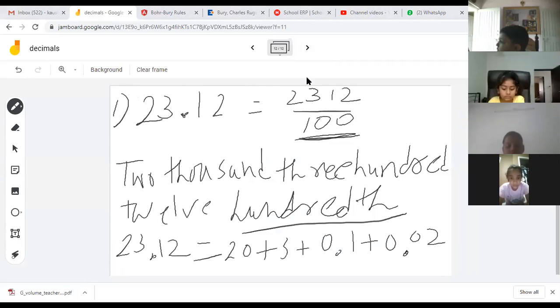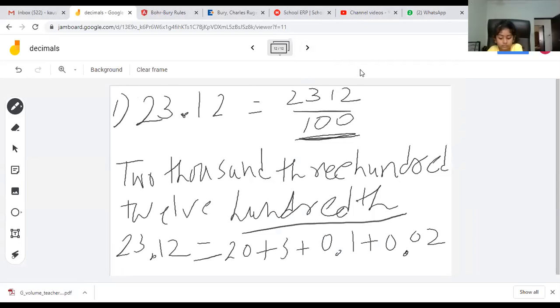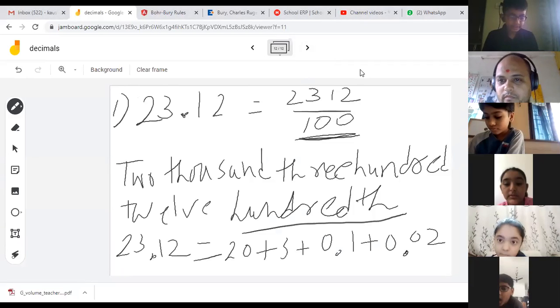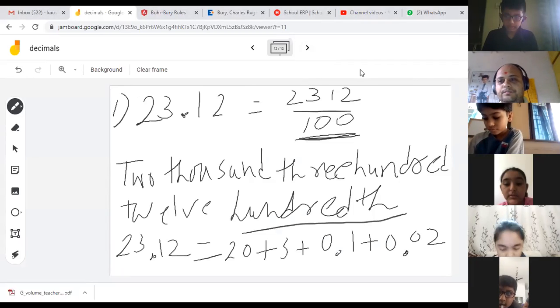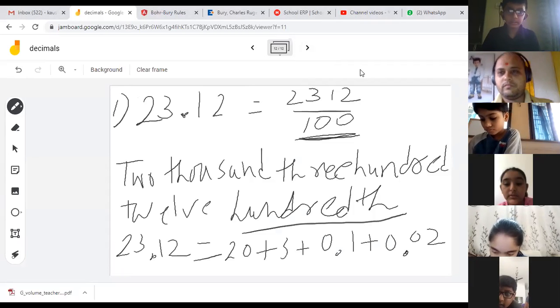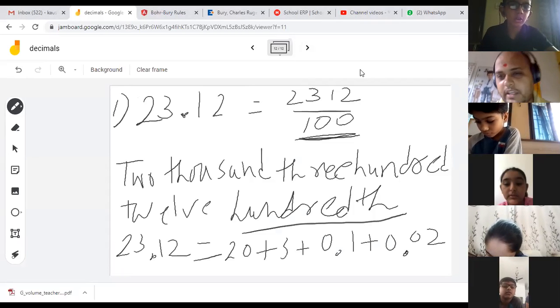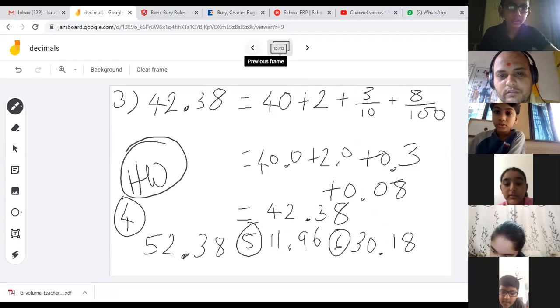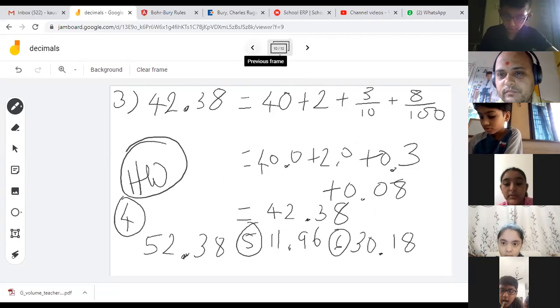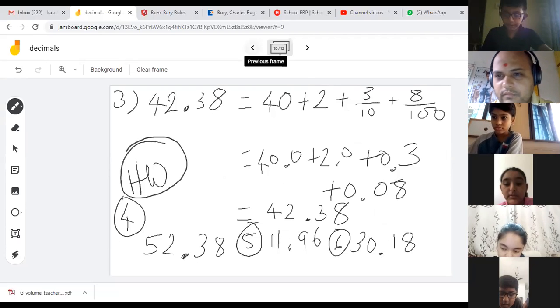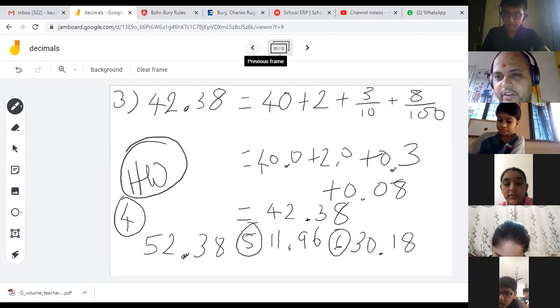Sir, in expanded form, like this example, you gave the homework. Yes, 3 examples I had given as homework. In the first example, 11.96. Yes, 11.96. So we will write, then, sir, 11.9: 10 plus 1 plus 9, 10 plus